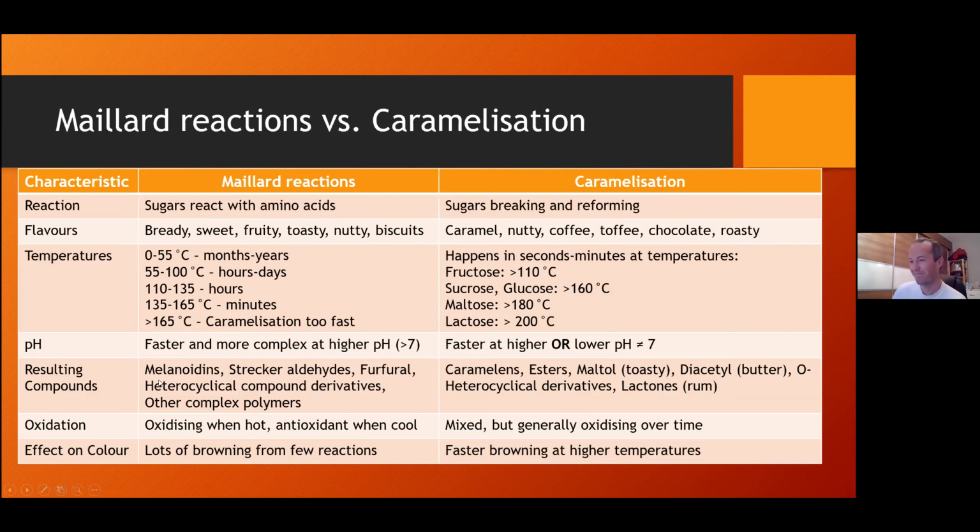I don't know. Effect on color, and this is the one thing. If you want melanoidins, it has to be dark. Caramelization, it happens so fast it gets black. It gets black within minutes. Black malt is a proof of this. It's actually caramelization that we're getting. And that's why all our color in beer comes from these two.